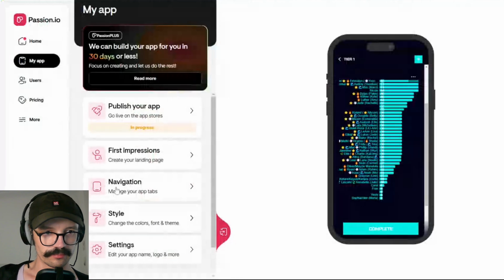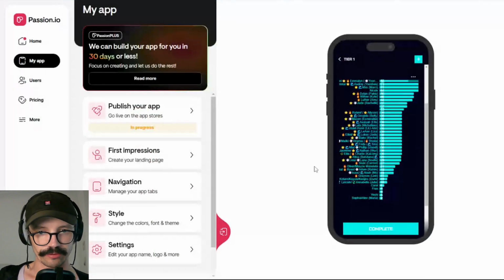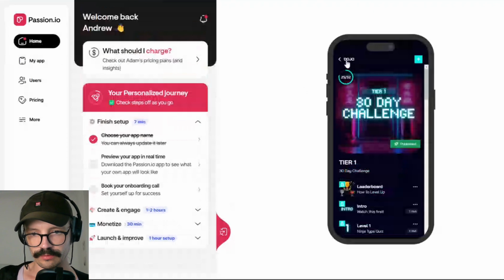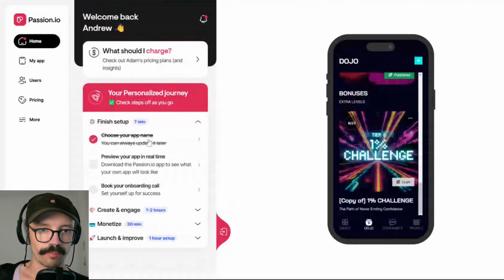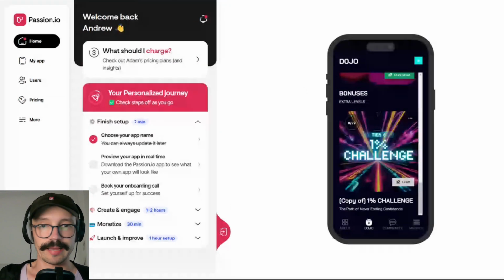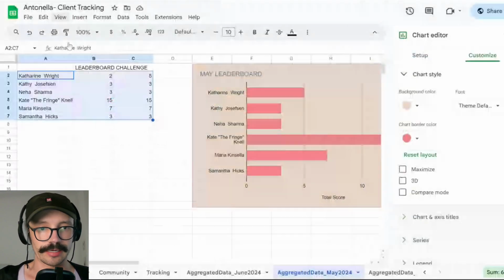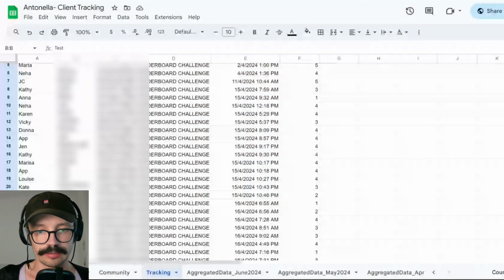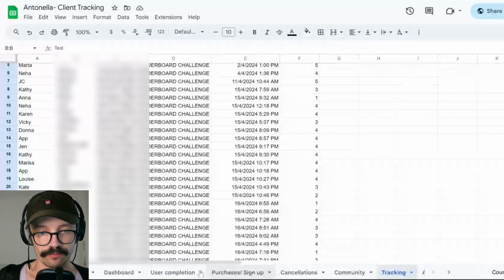Now, Andrew doesn't have the habit tracker turned on as far as I know. He doesn't. But with the habit tracker and Zapier, an automated Zap, we can generate client tracking data, whether that is from the habit tracker or from the lesson completion data, which we talked about a few minutes ago,